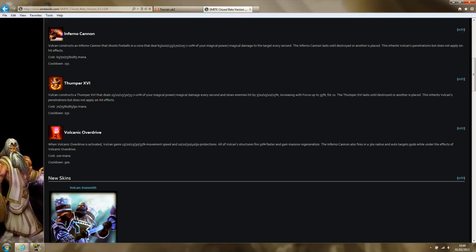I get Warlock Sash on this guy every time, and it is fantastic since the Warlock change, and we'll go over that in a moment when we get down to items. But yeah, as a god, I think Vulcan is, at the moment, everyone's saying he's overpowered because they don't understand his turrets. If you take the turrets out quickly, he is practically useless because his Volcanic Overdrive is putting them up, etc. So I don't think he's really overpowered,